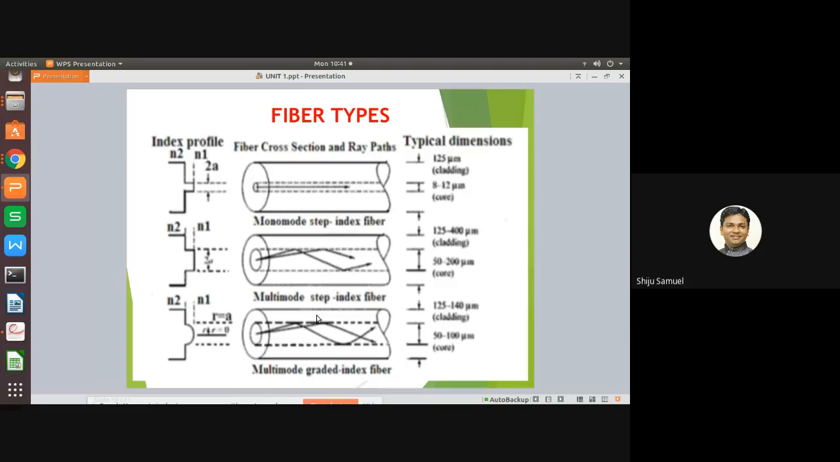There are three different names. Okay, it comes under the step index fiber. This is the first type. Now, what is the specialty of the single mode step index fiber? The single mode step index fiber has the distinct advantage. What is the advantage? That is low intermodal dispersion. Intermodal dispersion, that is nothing but a